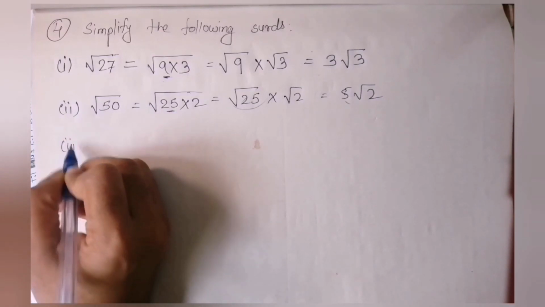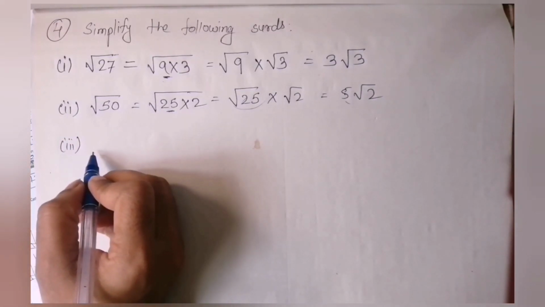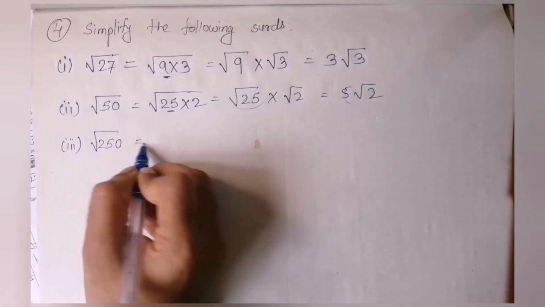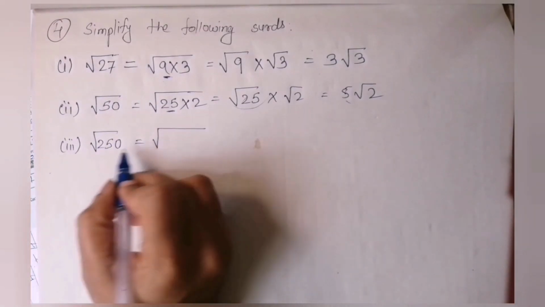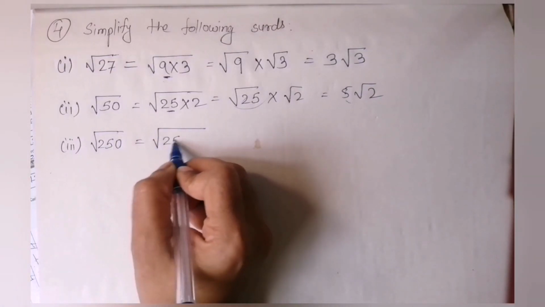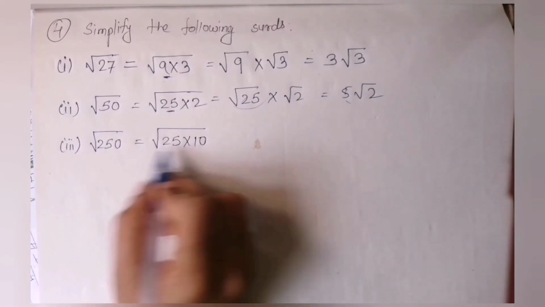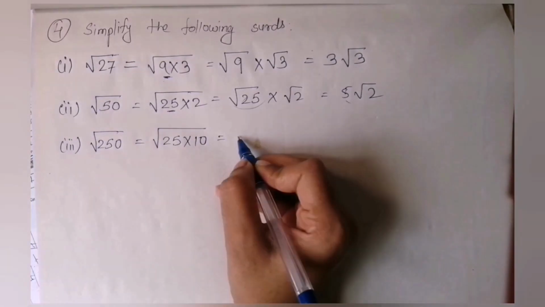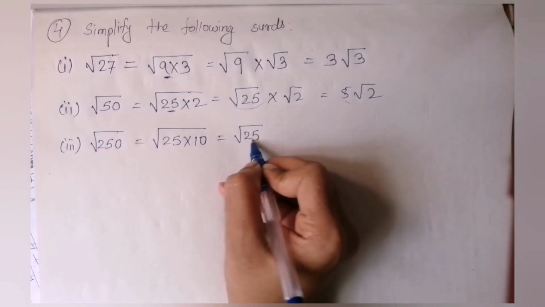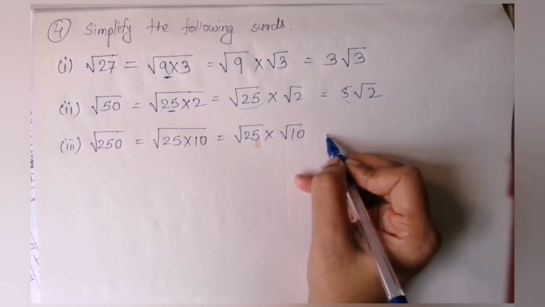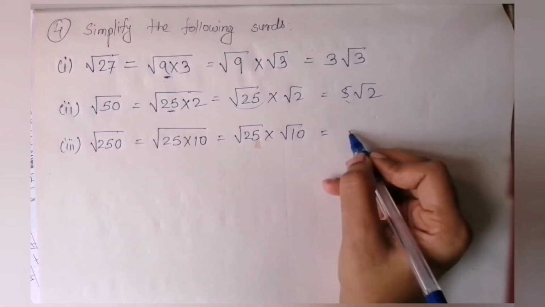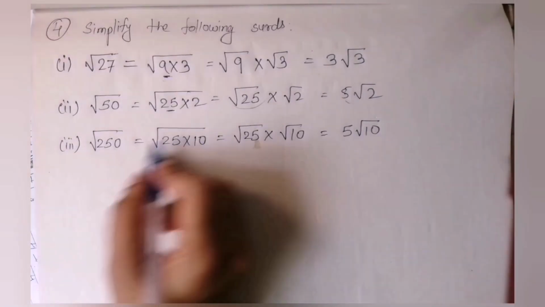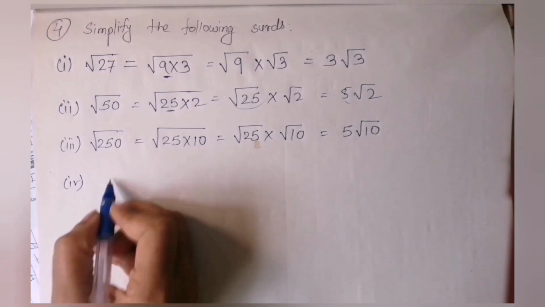Now look at example number 3. In example number 3 we have under root of 250. Clear? So just simplify. So what is that? 25 tens are 250. So the square root of 25 is 5. First separate that, then it is easy. So there is a 5 and under root of 10 write down as it is. Clear? Now next one. We have the fourth example.